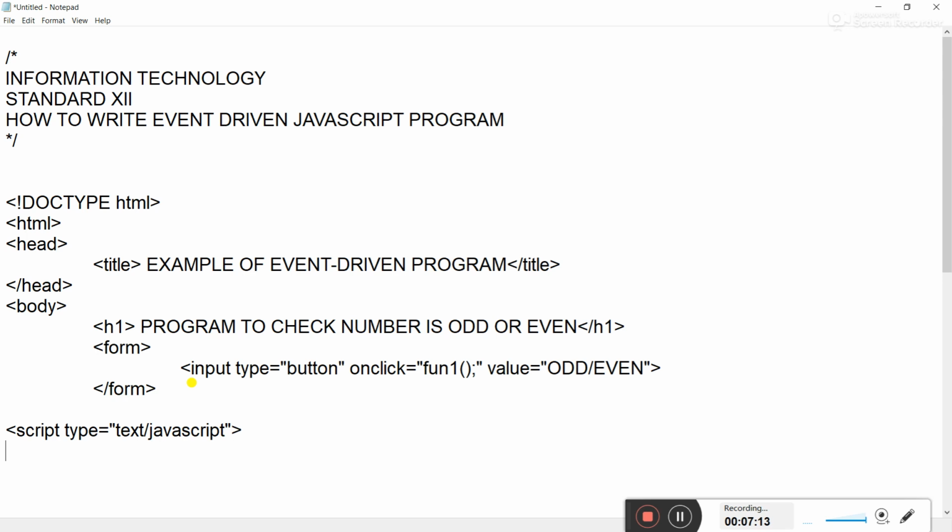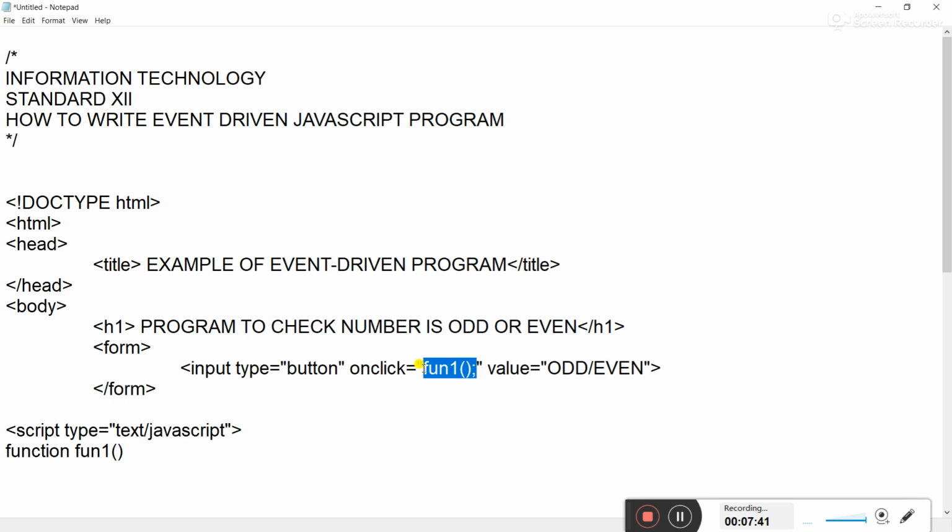Okay, after this, we are going to create a function. The user defined function is always created by using the function keyword. It is always declared by using the function keyword. So function is a keyword which is used to declare the function. Which function am I going to declare? I'm going to declare fun1, right? This is the function calling.